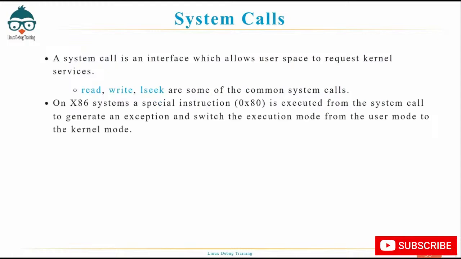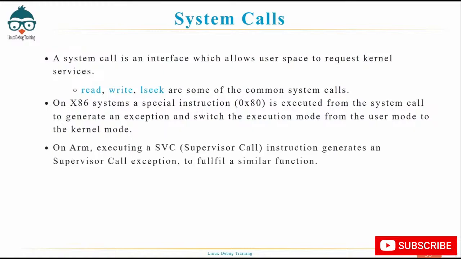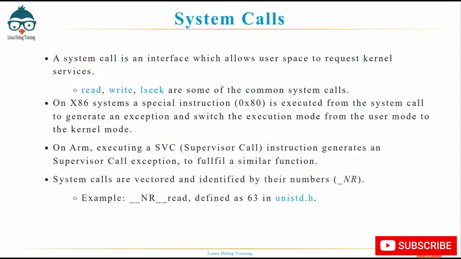On x86 systems, a special instruction, hexadecimal 80, is executed from the system call to generate an exception and switch the execution mode from the user mode to the kernel mode. On ARM, executing a supervisory call instruction generates a supervisor call exception, and it fulfills a similar function. System calls are vectored and identified by their numbers. In the case of ARM, these definitions can be found in